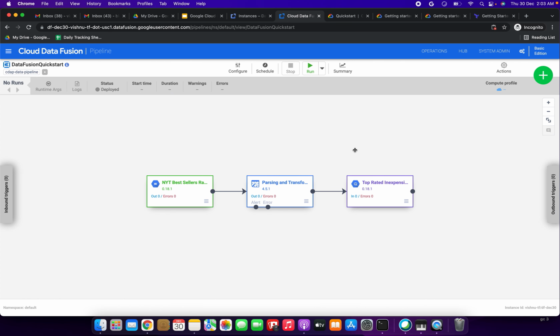The deployed pipeline appears in the pipeline details view where we can do the following: view the pipeline structure and configuration, run the pipeline manually or set up a schedule or trigger, and view the summary of the pipeline's historical runs including execution time, logs and metrics. Now next I have clicked the run. Now we have executed our pipeline. Just click run, friends. The status is showing provisioning right now.